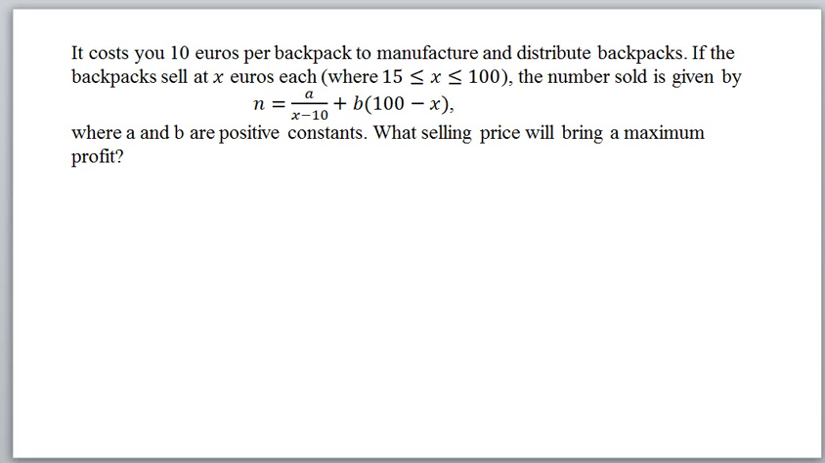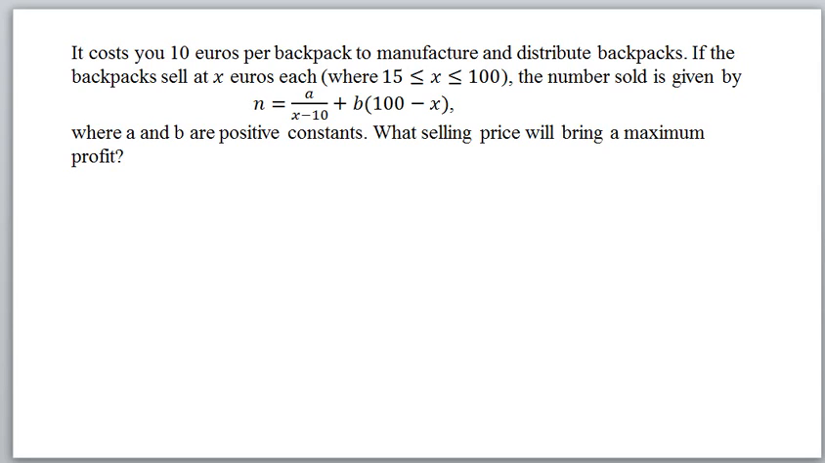In this video we will be looking at differentiation to help us find the maximum profit of an item. First of all, we'll take a close look at the question. It costs you €10 per backpack to manufacture and distribute backpacks. If the backpacks sell at X euros each, where X is greater than or equal to €15 but less than or equal to €100,